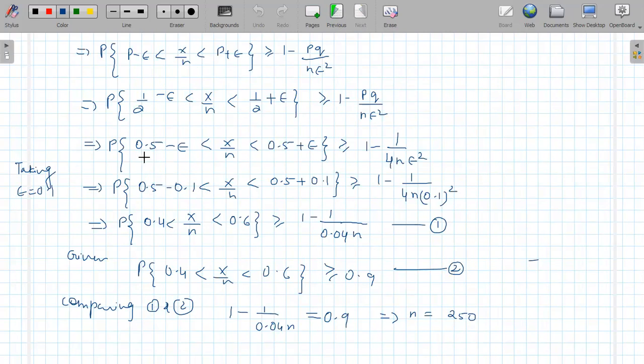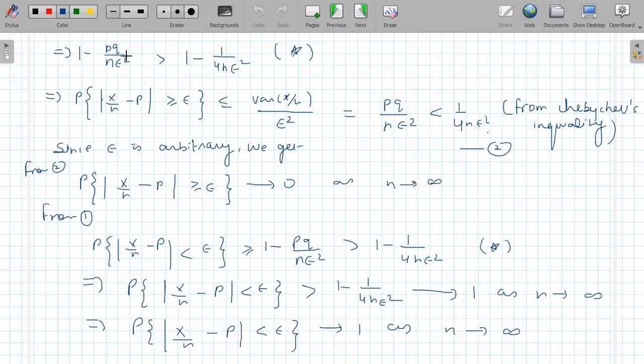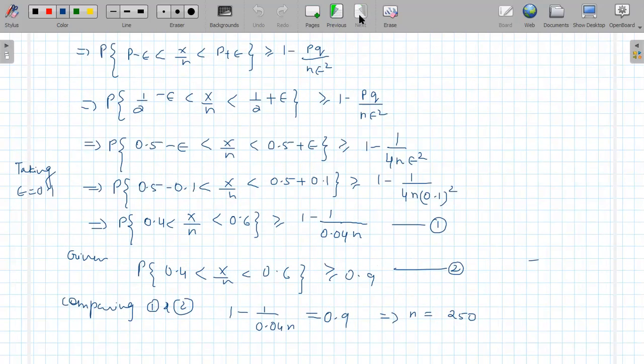So probability of head is 0.5. Probability that 0.5 minus epsilon is less than x upon n less than 0.5 plus epsilon is greater than or equal to 1 minus 1 upon 4nε². We have obtained this inequality. अभी ये मिली है आपको, ये किससे बड़ा है, ये इससे बड़ा है, तो इस वजह से ये वाला expression इससे बड़ा हो गया।